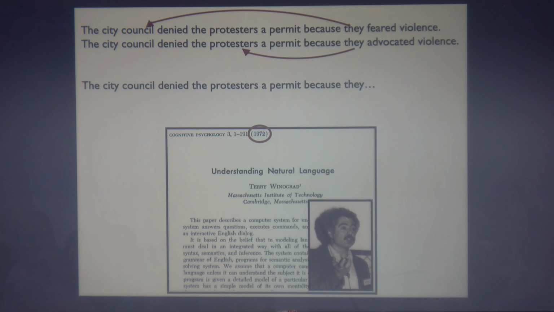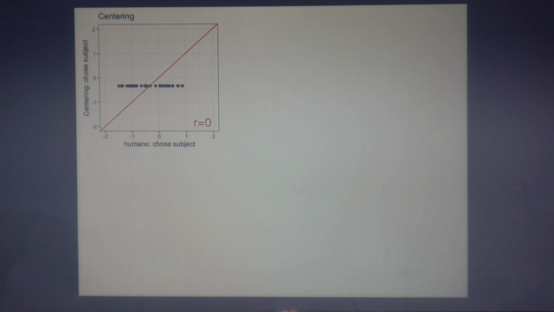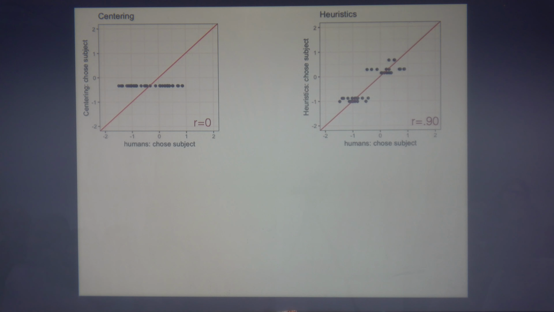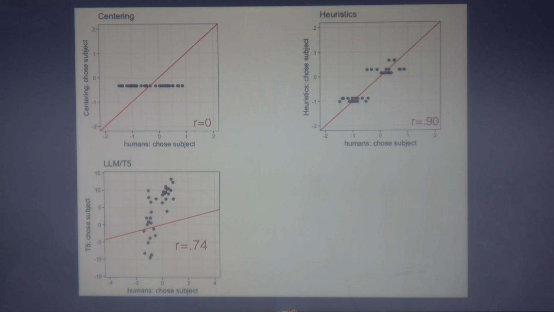So we actually took those same sentences we had used in evaluation 2, those 3 sets of 40 pairs, and just cut off everything after the pronoun and asked our different models and people who the pronoun referred to. Centering still can't do that. But heuristics actually does decently well. Of course, these are the sentences that heuristics theory was designed for, so that's not shocking. And again, this is a linear regression here, so we are definitely overfitting the data. But T5, at least in correlation, still correlates pretty well, right? So it's still able to do this thing that it was definitely not designed to do.